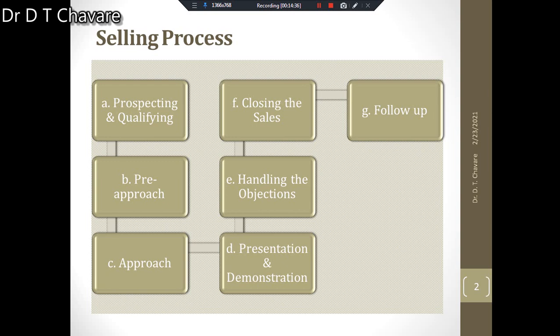After the closing of the sales and receipt of the order, the salesman should complete details on delivery time, purchase time, proper installation, servicing, and other related customer problems, and keep in contact with the buyers. It means that the salesman should understand all such things. And these are one plus half a dozen stages. How many stages are there? Seven stages are there, and after completion of those stages, your selling process will be completed.